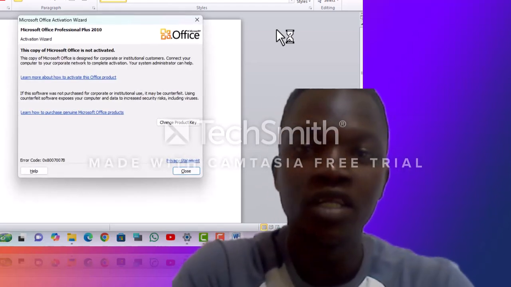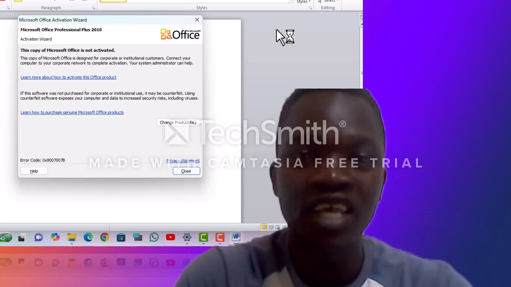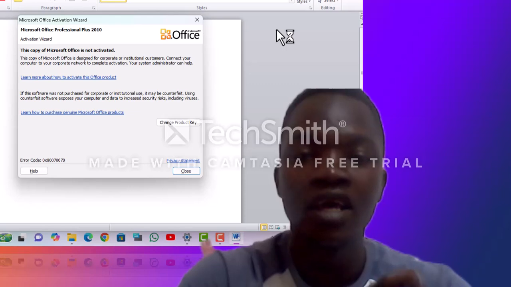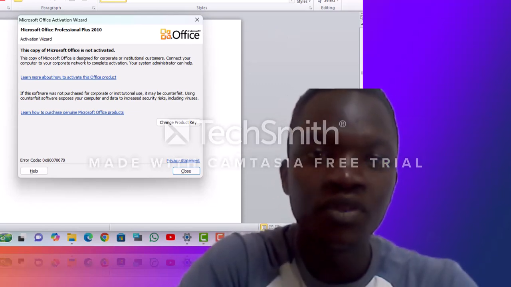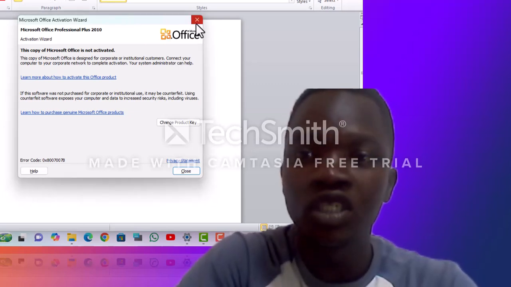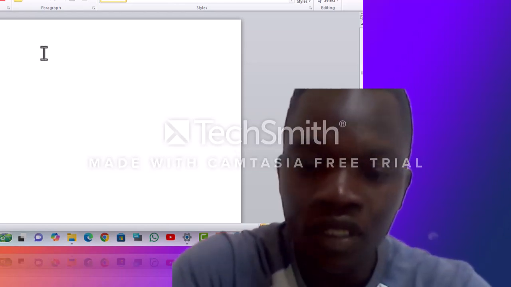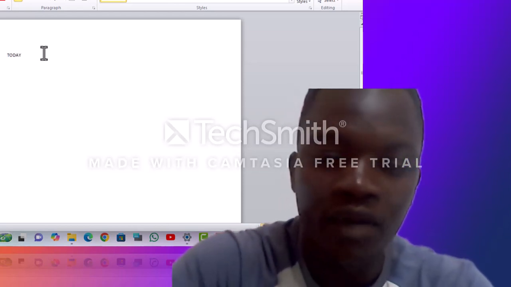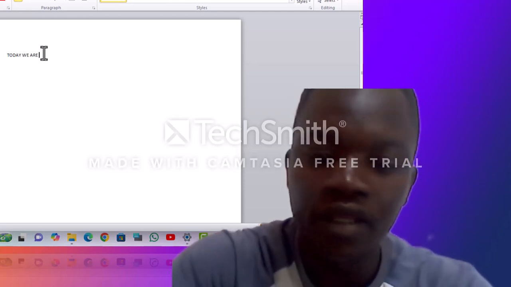This one's work is just to collect data. You type your work, and you can check the font size that you want, and in case of anything you want to change, highlight and so on. Like I'm typing here: today we are learning about computer work. Today we are learning